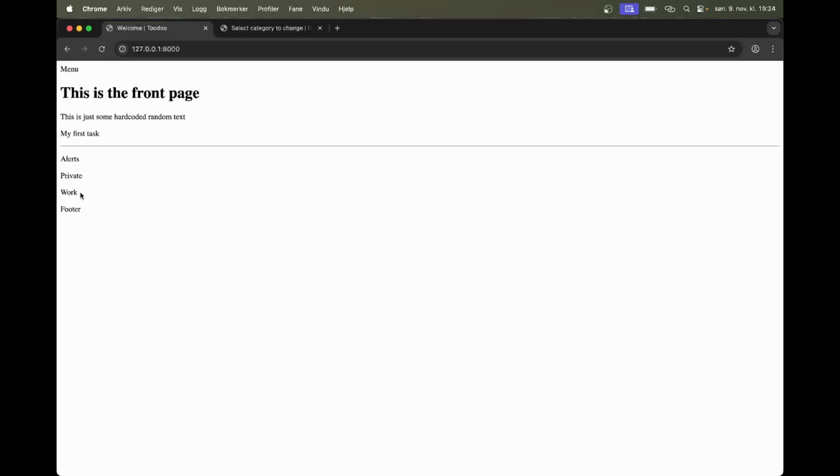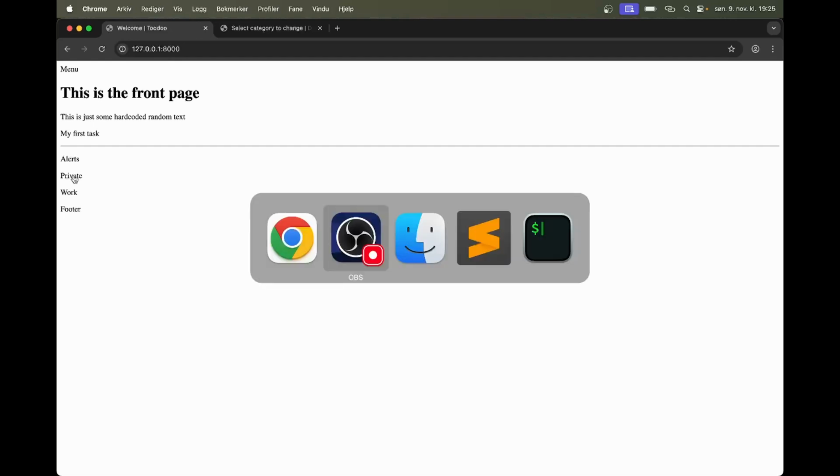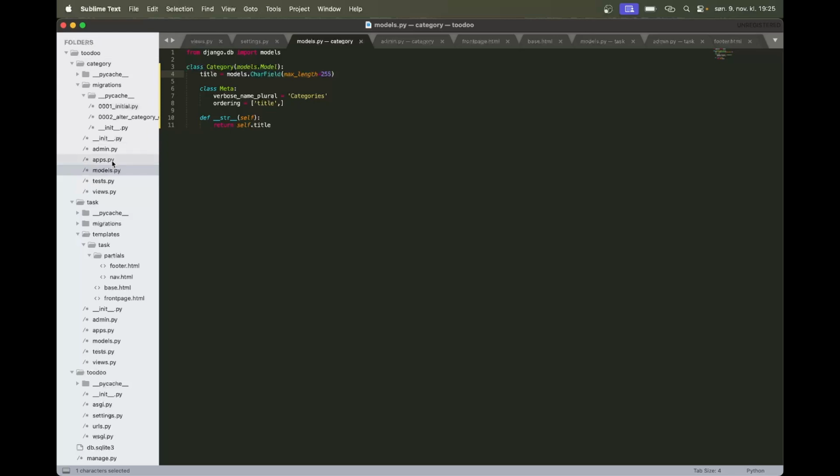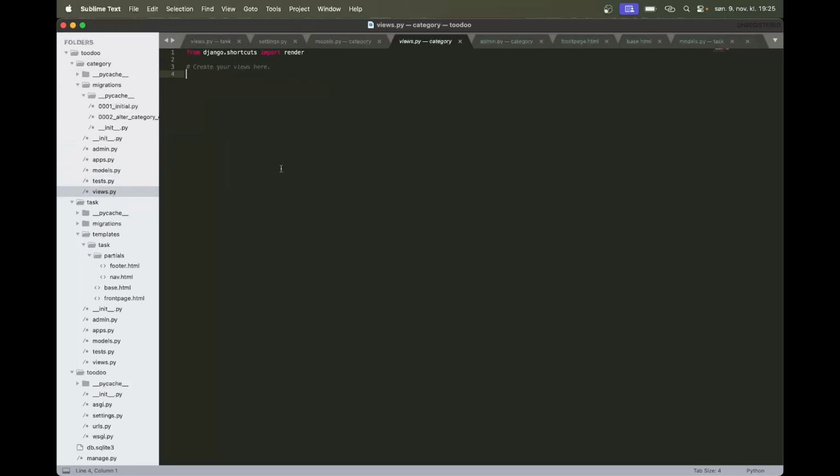So we have a list of categories, but we want to be able to click one of these and show the detailed page where we also can list out each of the tasks belonging to this specific category. So we can begin by creating the view for this by going into the editor and finding views.py in the category app. And then here we say def category, or we can say detail,